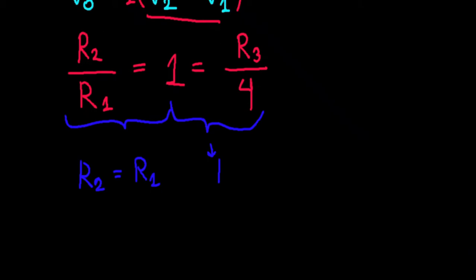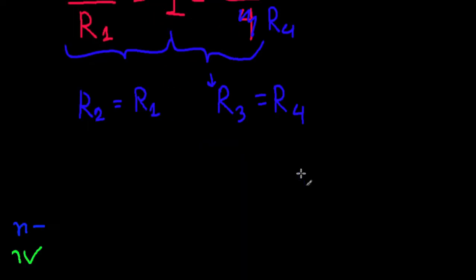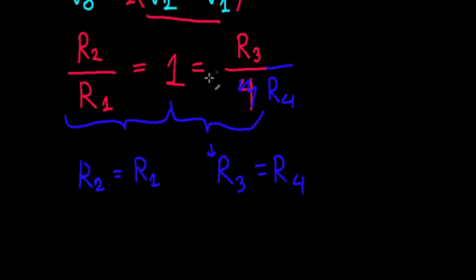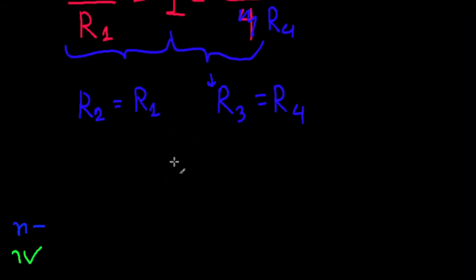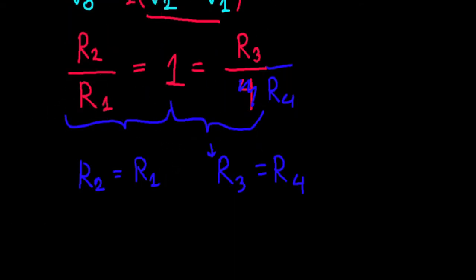That's supposed to be R4. So yeah, very silly mistake. That's R4, not 4. Okay, and from here what we get is R3 equals R4, as a whole. And since these two are equal, what we have right here is, okay, so I'll